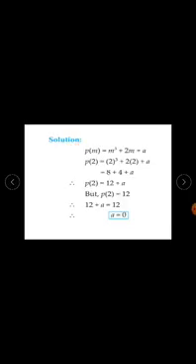Solution. P of m: one polynomial is given. P of m equals m cube plus 2m plus a, and the value of this P of m is also given, that is 12, for m equal to 2. So put m equal to 2, as given in the question. So P of m means P of 2.